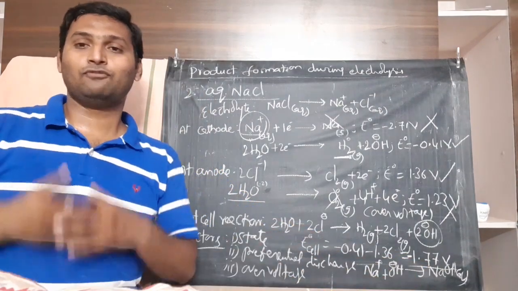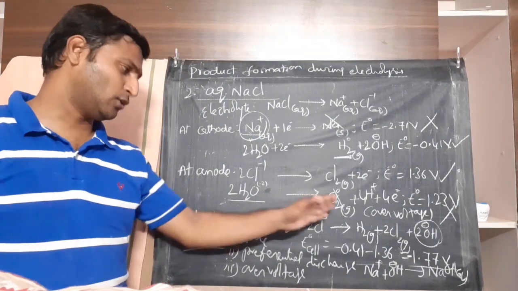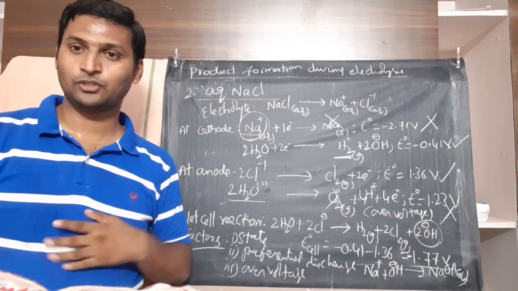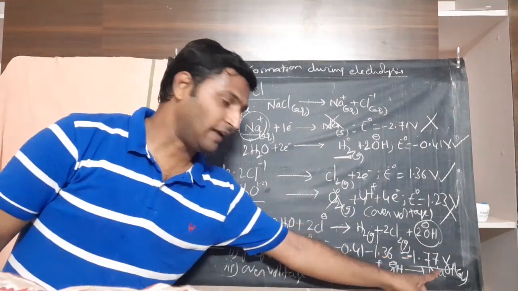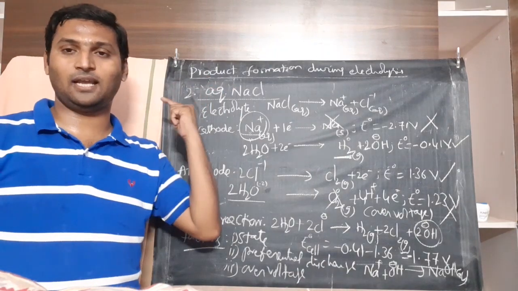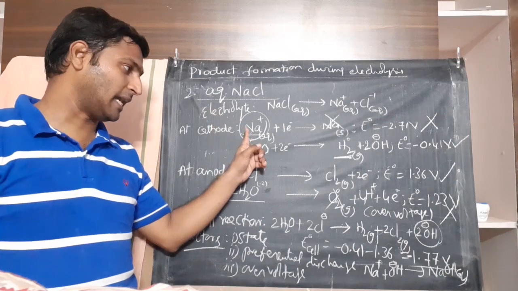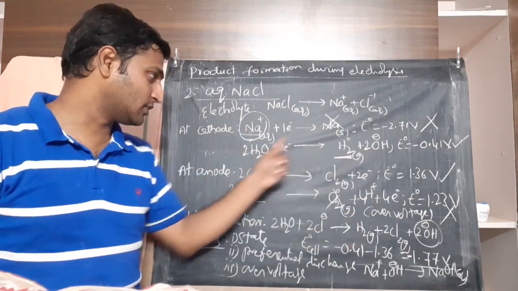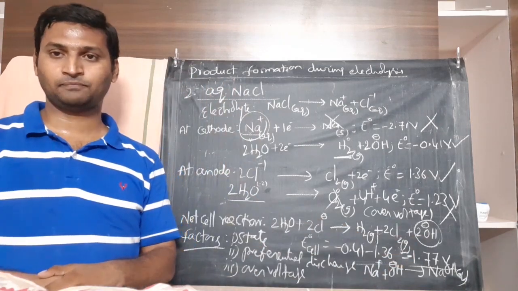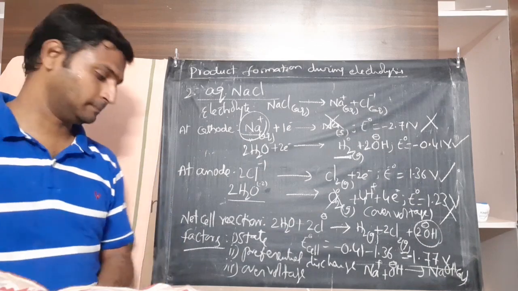And by the way, for the industry trying to produce sodium hydroxide, that is the main product. Hydrogen gas and chlorine gas are just formed as a process of electrolysis. So please understand, for the manufacture of sodium hydroxide, electrolysis of brine solution is performed. The unused sodium cations and hydroxyl anions formed due to reduction of water, both of them together form sodium hydroxide. Okay, that is electrolysis of aqueous sodium chloride.